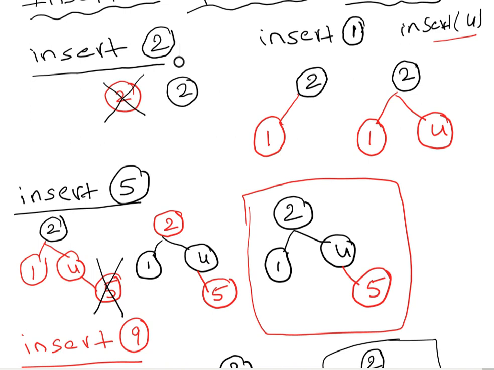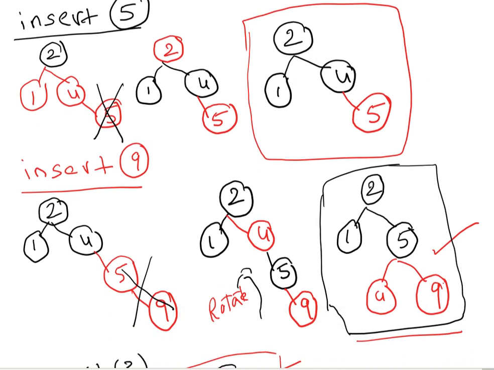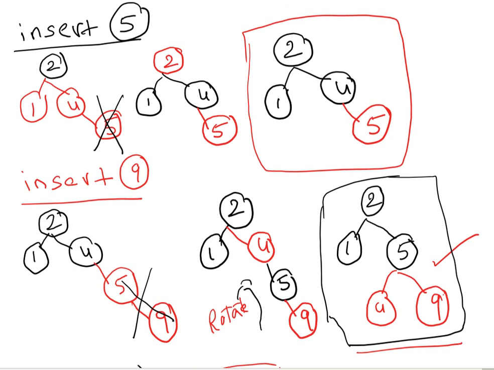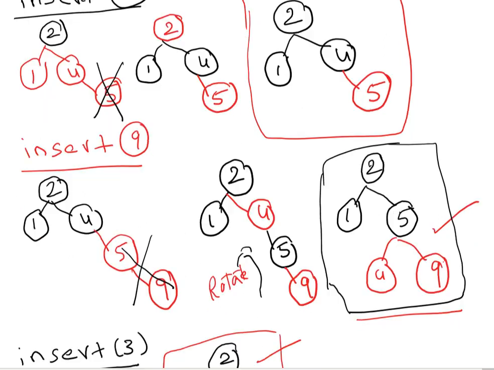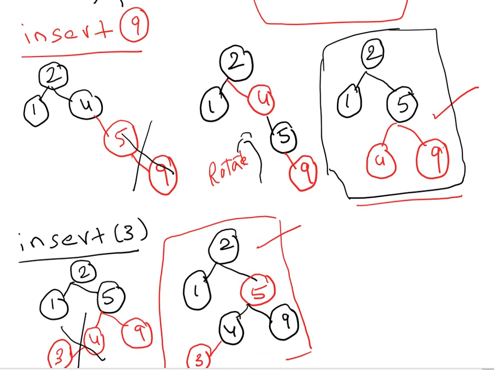Next I am inserting 4. As 4 is greater than 2, I am inserting it on the right side. Done. Next I am inserting 5. 5 is on the right side. If you put it as a red node, there is an issue. So I am changing the color of 4. Say 2, 1, 4. This can be good. Then I am inserting 9. It should be here. Two consecutive reds. So again I am making color changes. Okay. Then here I am performing some right rotation. Sorry, left rotation. So 5 and 4 and 9.